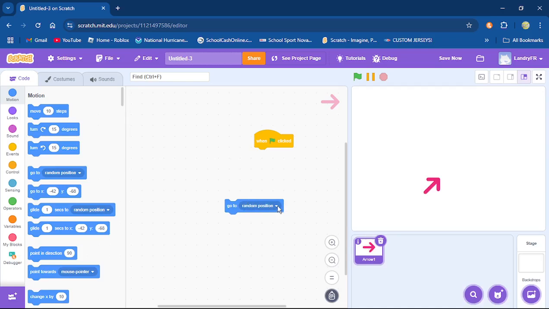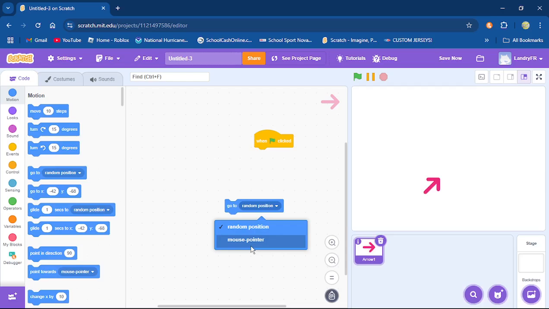But usually I want specifics. When I make games, I don't make like random stuff popping up everywhere. That's not usually how it goes. But sometimes I do make games where I do have events that pop up, like a monster is going to pop up at a random location. So when I do that, I'll use this.